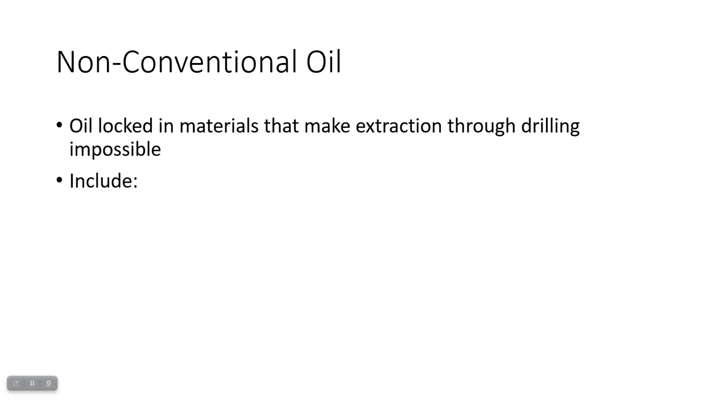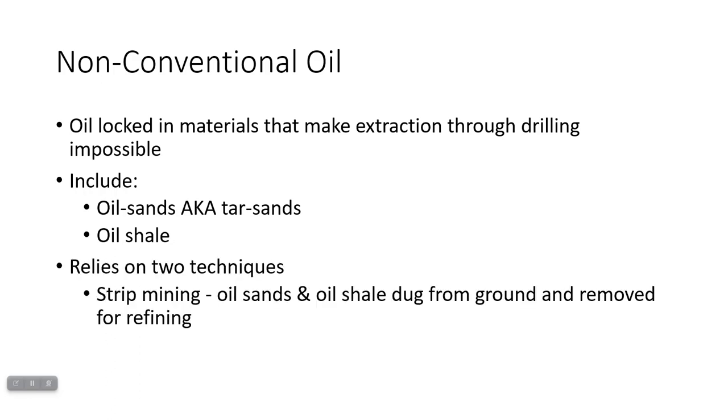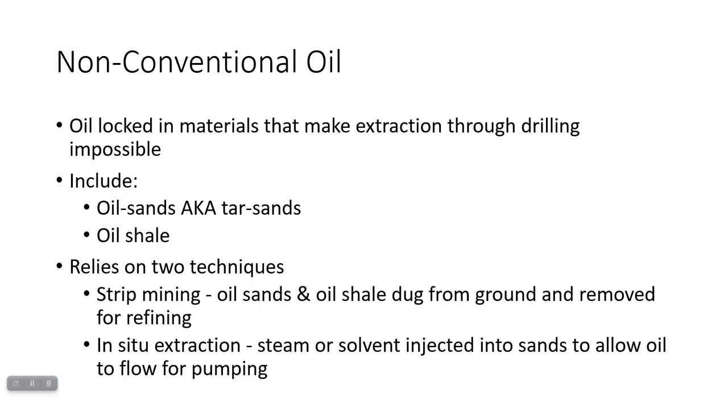There are two major sources that we're using for oil. These non-conventional oil sources are called either oil sands or tar sands, and then there's a separate type of resource called oil shale. And there are two methods for taking them out. You can either strip mine these things, so dig them up from the surface and remove them and purify, or you can do what's called in situ, or you can think of that as on site extraction, where you inject something into the ground